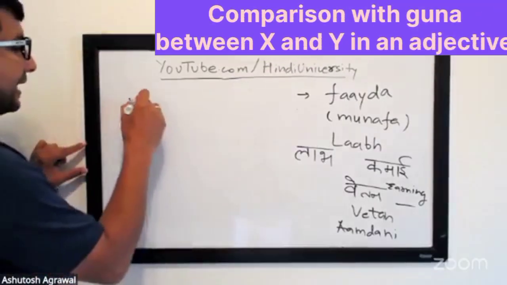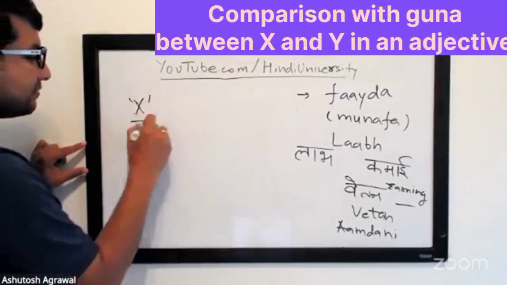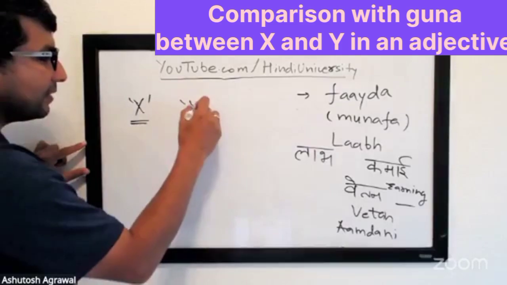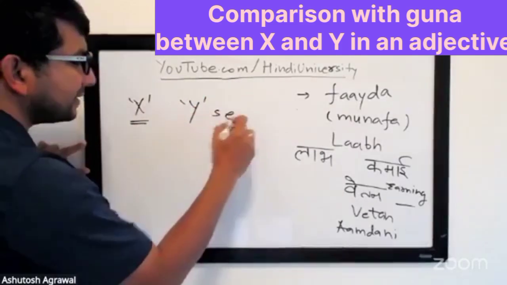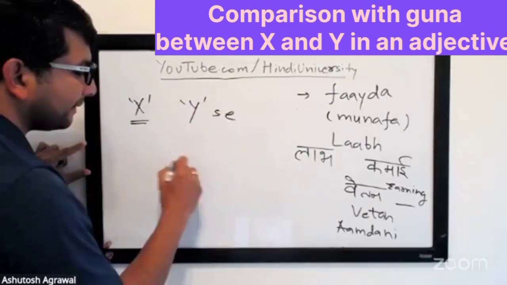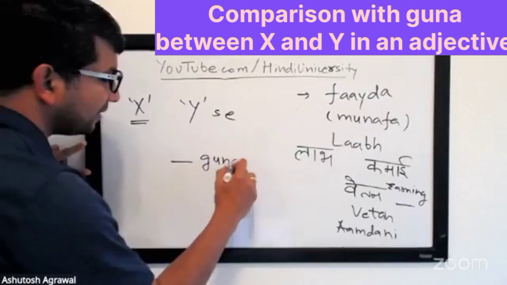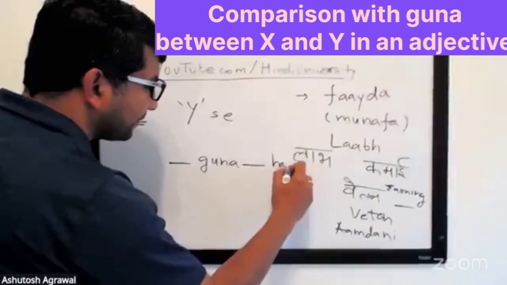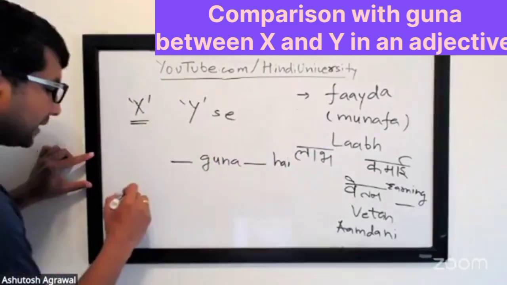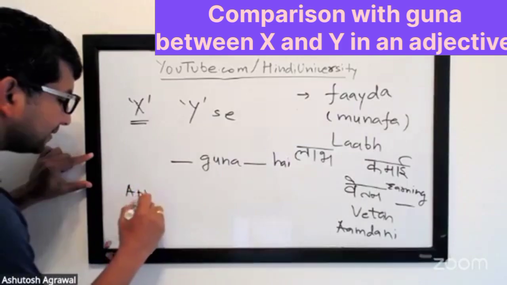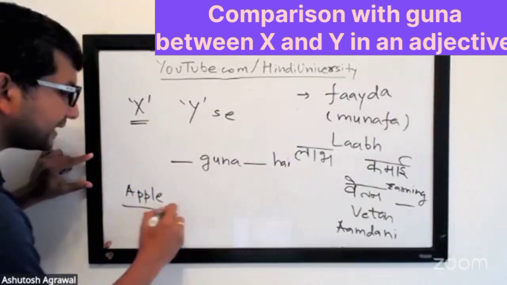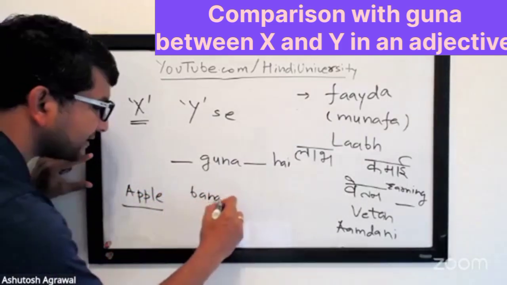So you can say x, which is something you are comparing, y से गुना है. Okay, so you can say apple, which is your x, banana से